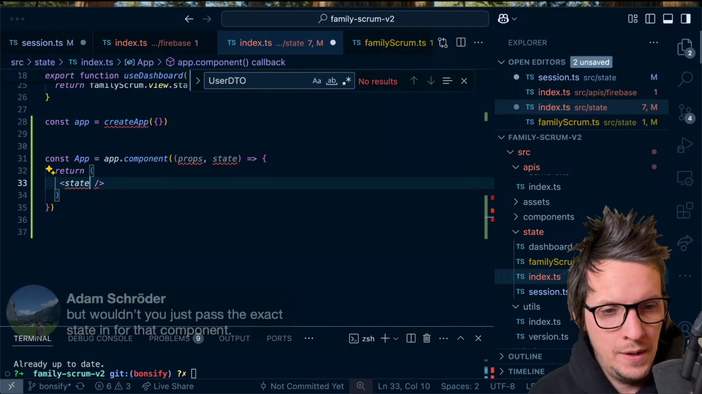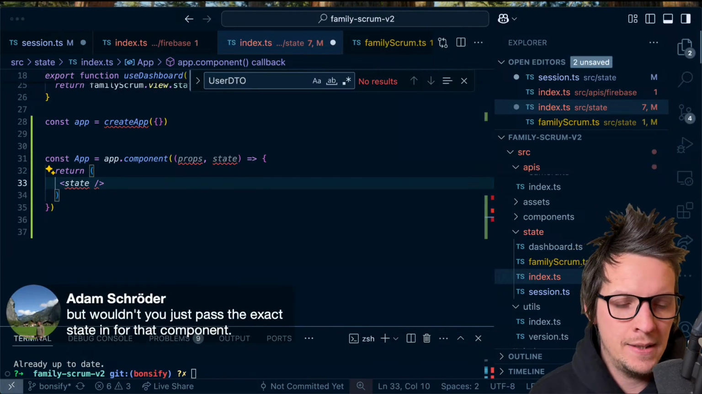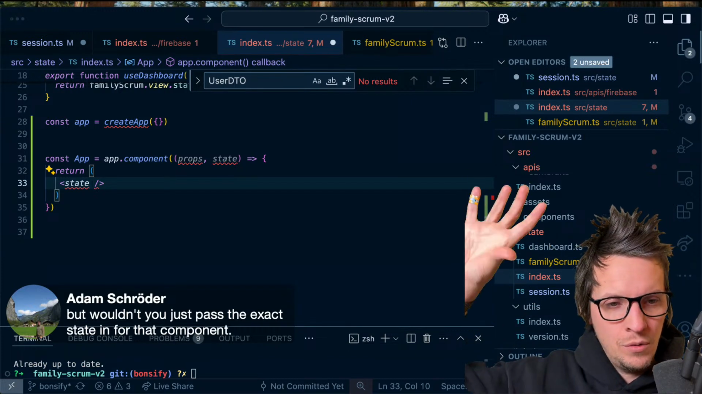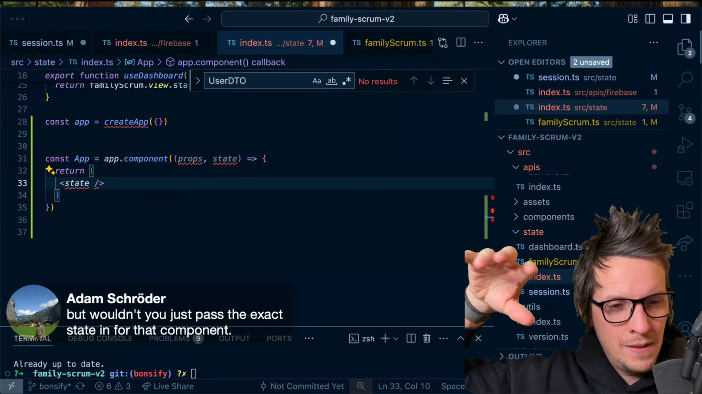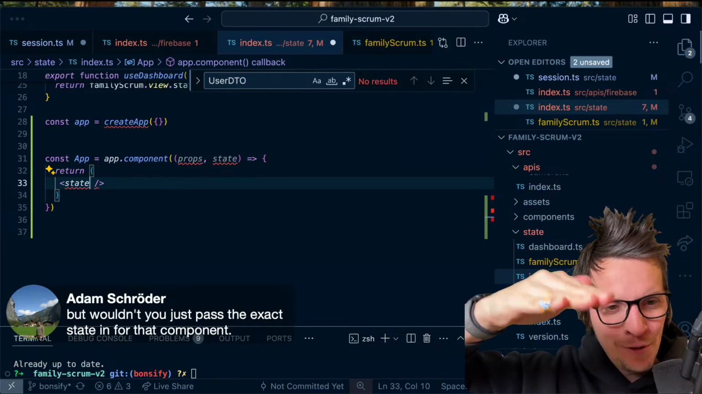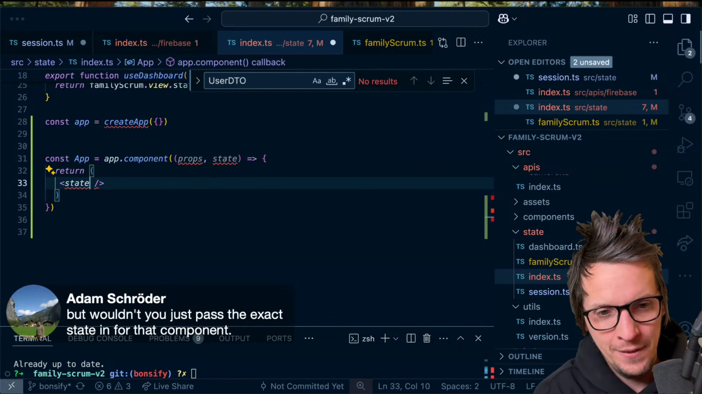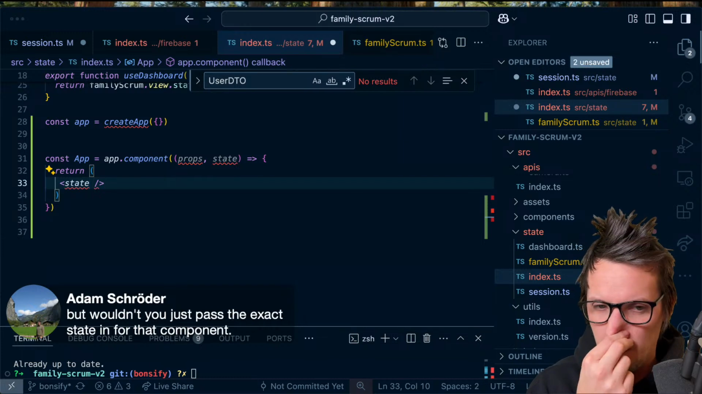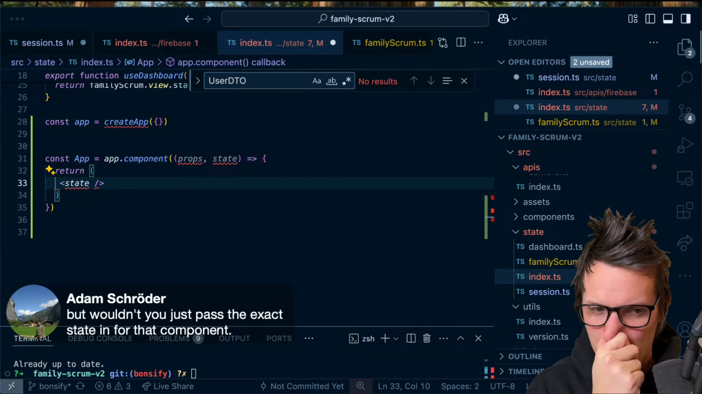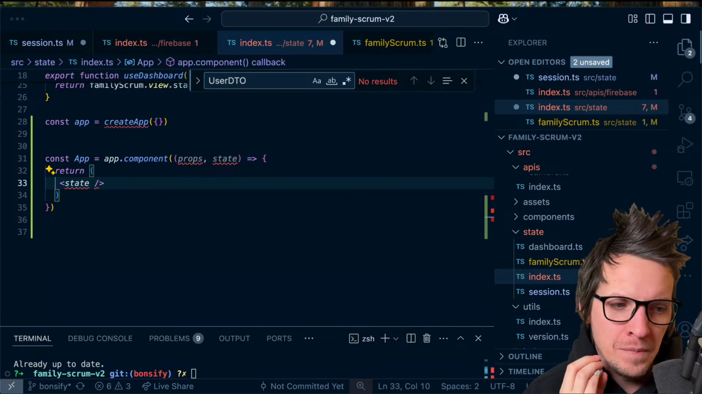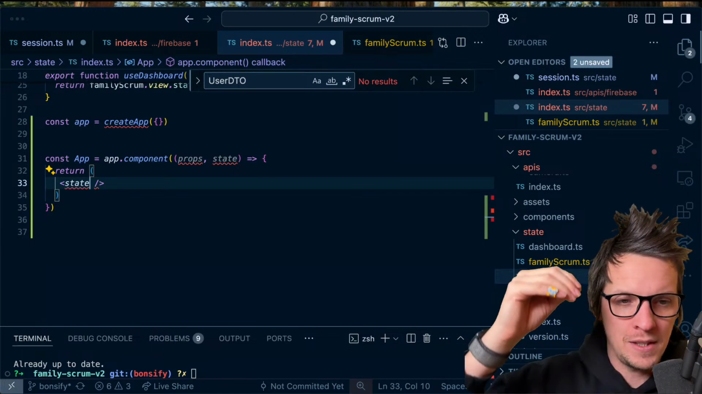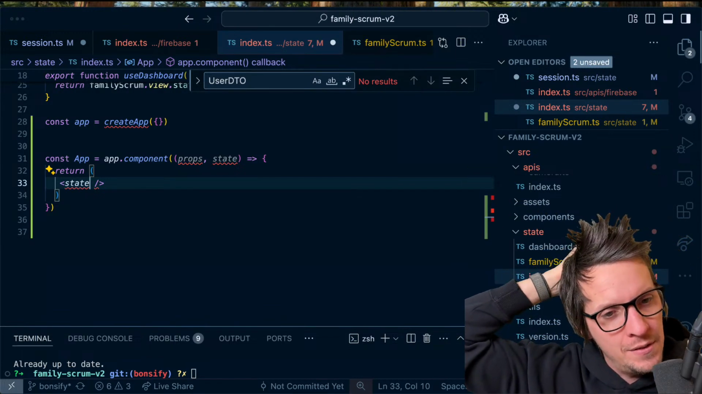Yeah, exactly. But what if that deeply nested state wants access to the user, which is a property on the root global state? You would have to pass the root global state all the way down to that component, right? But if it only needs its most immediate state, then it doesn't matter. But if it needs something higher up in the state tree,